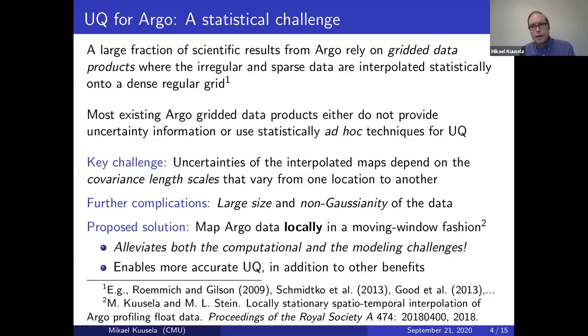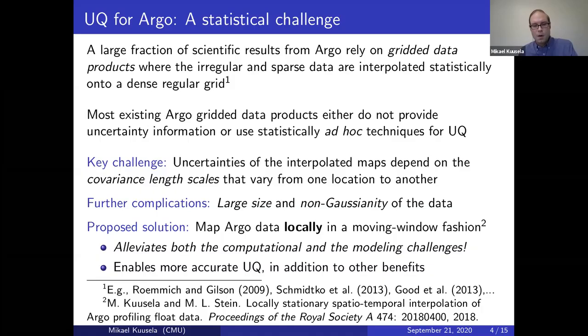And there are other complications as well. For example, there's a lot of data, so anything you do needs to be computationally tractable. And the ocean actually turns out to be also a non-Gaussian place, so you ideally need some kind of non-Gaussian uncertainty quantification as well. Now, I've proposed one solution to address some of these issues at least, which is to